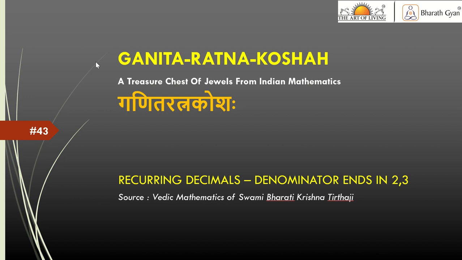In the previous video, we saw how to convert fractions with denominators ending in 1 easily into decimals. In this video, we will see how we can extend that process for resolving fractions with denominators ending in 2 and 3 into decimals. The process is very similar to the one we adopted for denominators ending in 1. Let us say we were trying to calculate 5 by 22 up to 3 or 4 decimals.